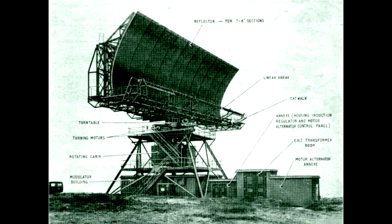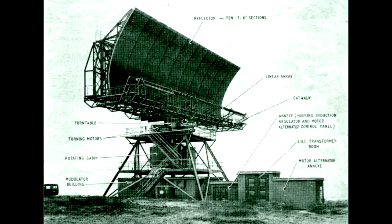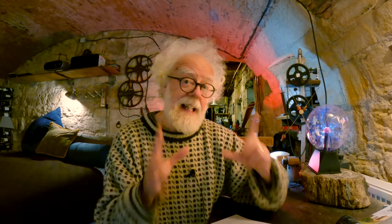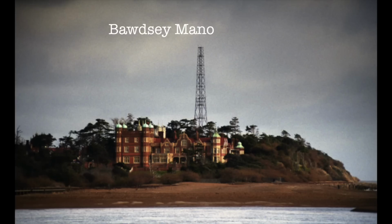You now know that radar has nothing to do with Tesla's death ray. But we needed to discuss and dismiss radar because it was such an important part of history and fun. But the history of radar served another purpose. It introduced to you two vital places, Bawdsey Manor